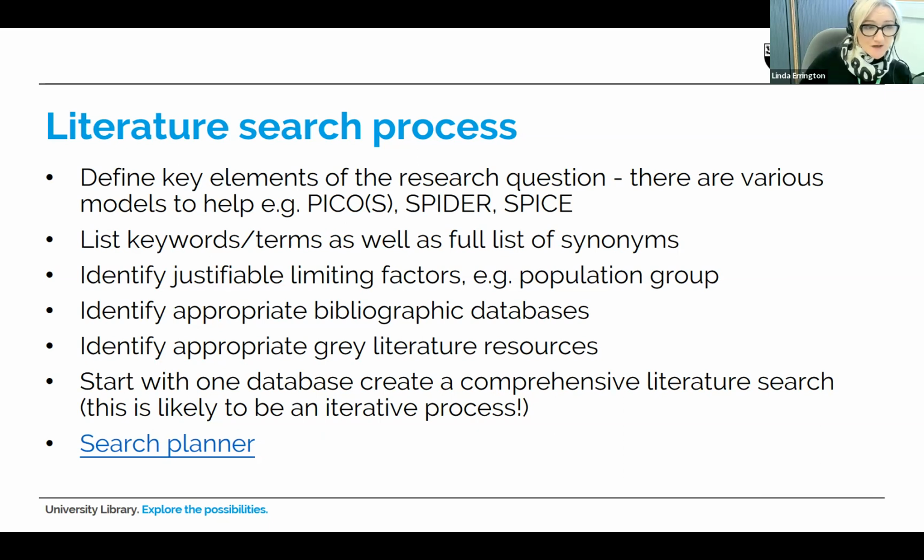So the advice would be to start with one database and create a comprehensive literature search for that database. It's likely to be an iterative approach. Your process in terms of building your literature search, it's unlikely that you're going to get it right first time. So build your literature search in one database, use all of those terms, your keyword terms, your limiting factors, etc. Share that with your supervisor or your research team, ask for their advice